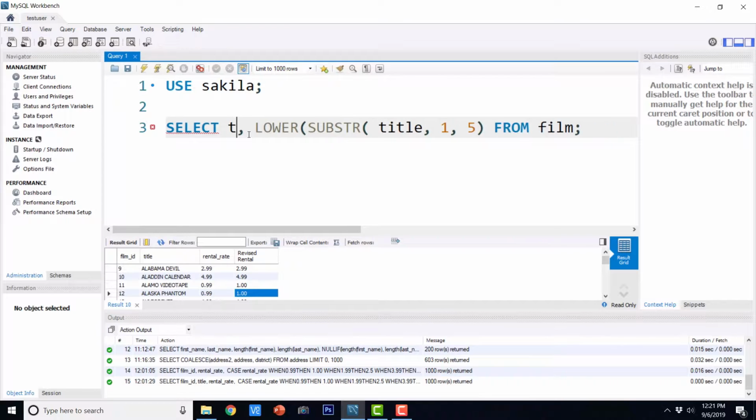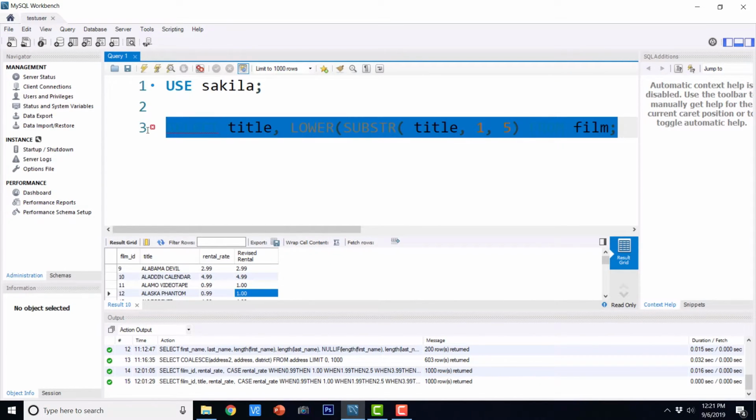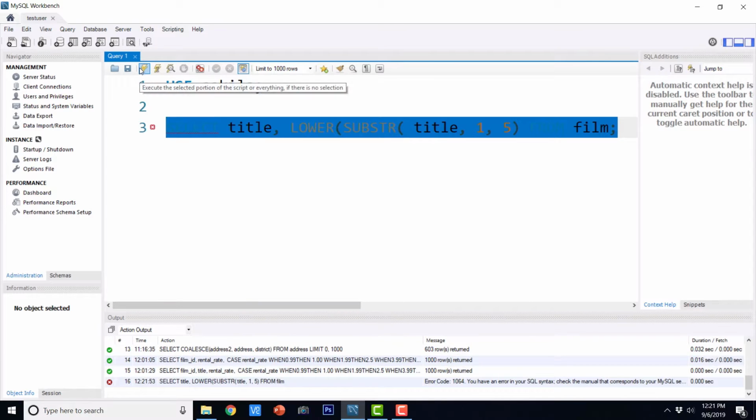Here the title has to be lowercase according to the conventions. So we are going to select title, then we are going to select the substring of it from 1 to 5, which starts at 1 and is 5 characters long, and then we are going to turn it to lowercase. So let us execute this and see the output.